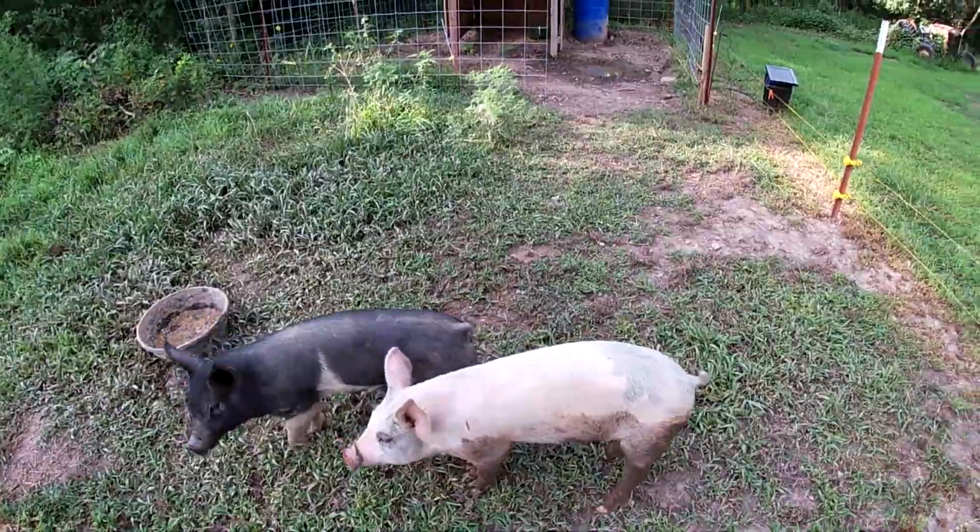Pigs are out here groaning about something. They probably want something to eat. They're really starting to put on weight. And the Cornish cross, my meat birds, got about 4 more weeks, and we'll be putting those in the freezer. That's what they're doing. They're wanting something to eat, so I'll go grab them something right quick and